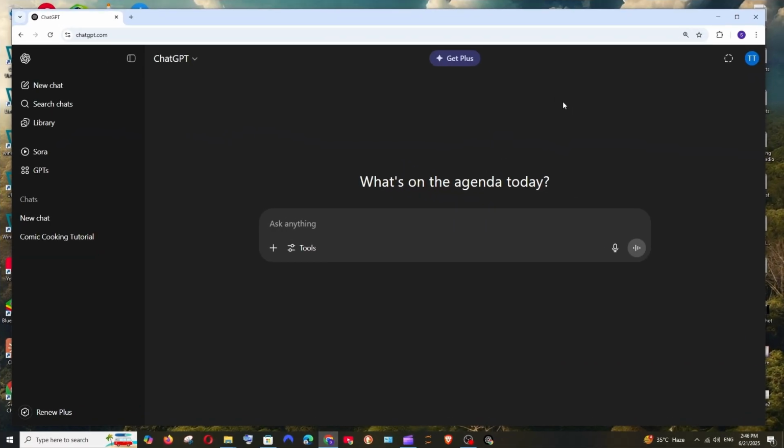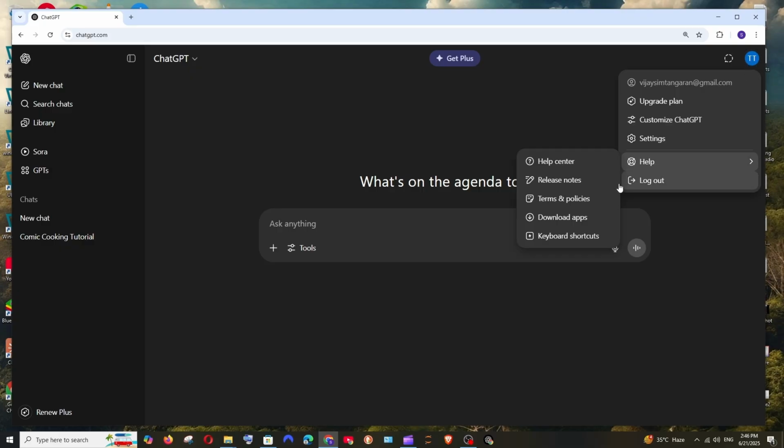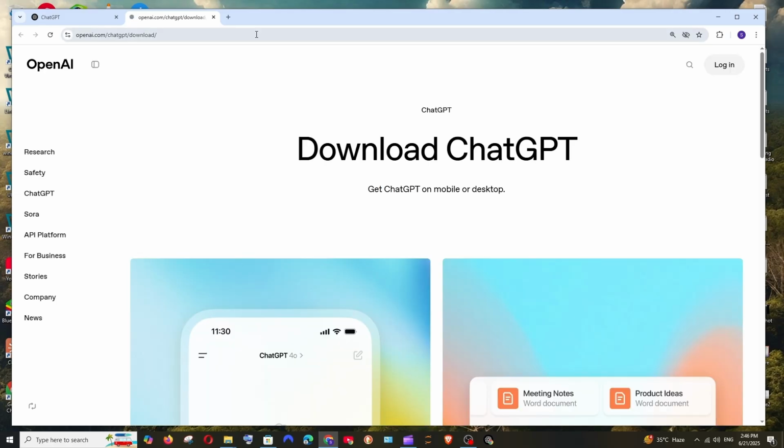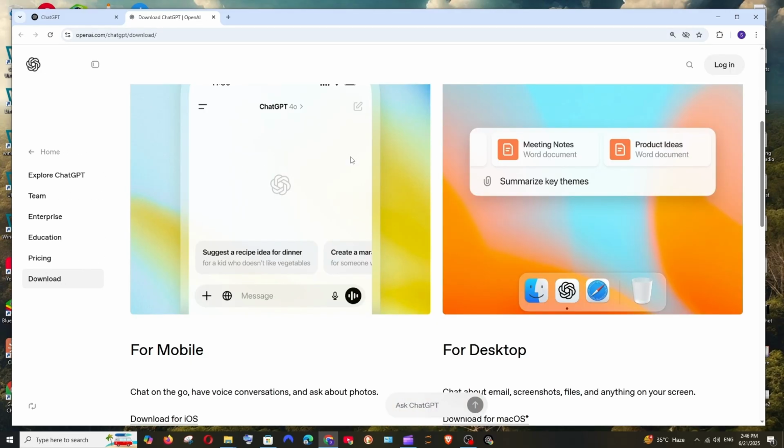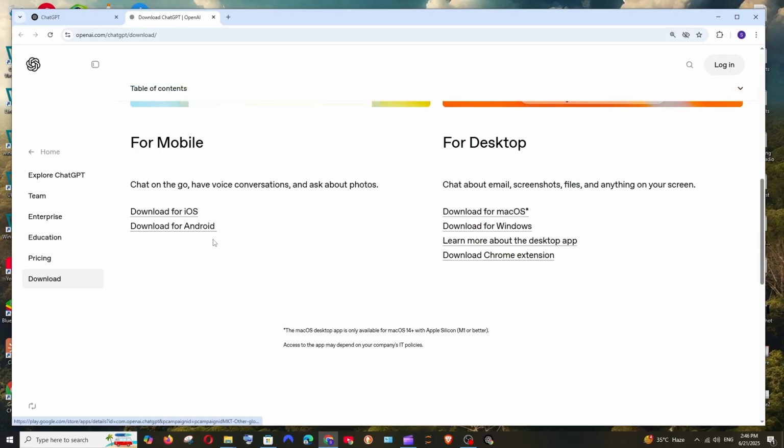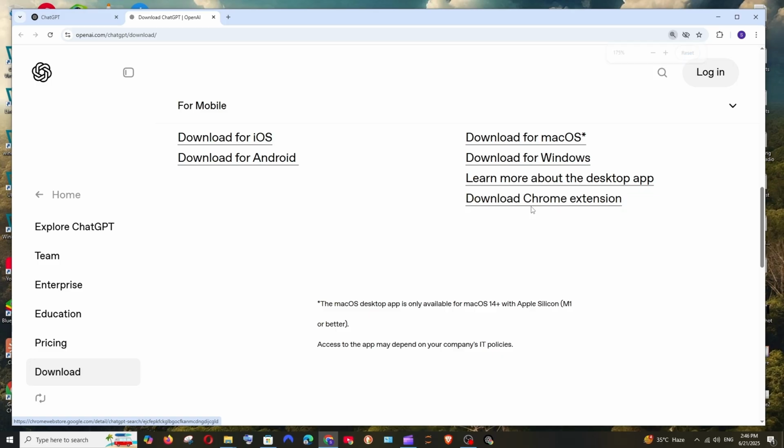And now I will be showing you how to use ChatGPT's search extension. To the top we are having the profile, right? Click here and go to help and download apps. Here we can download ChatGPT for the iOS and Android apps, for Mac OS and for the Windows desktop app. And at the bottom we are having download Chrome extension. Click here,